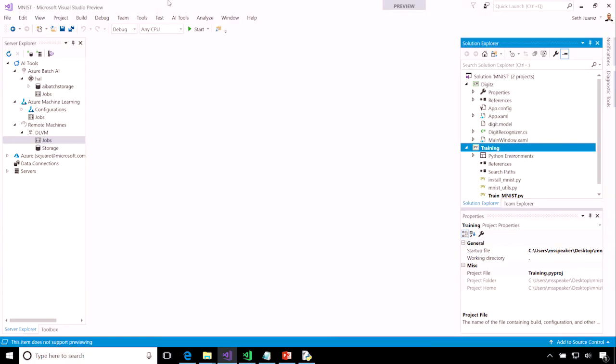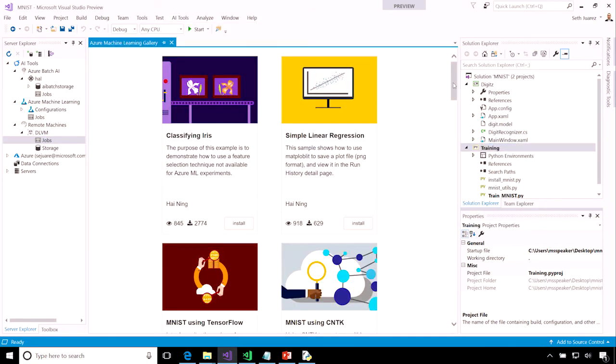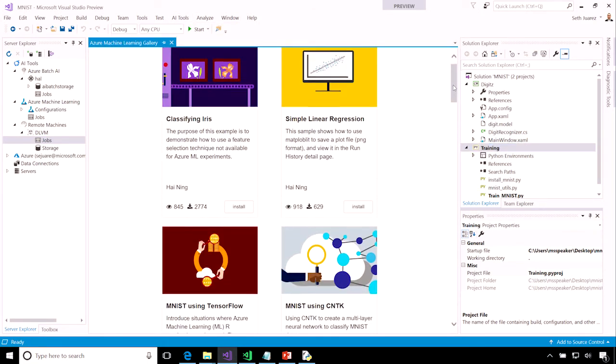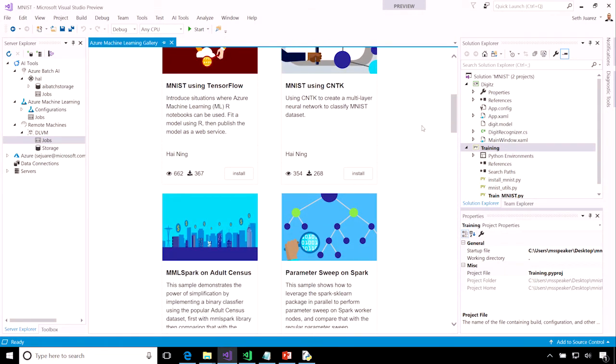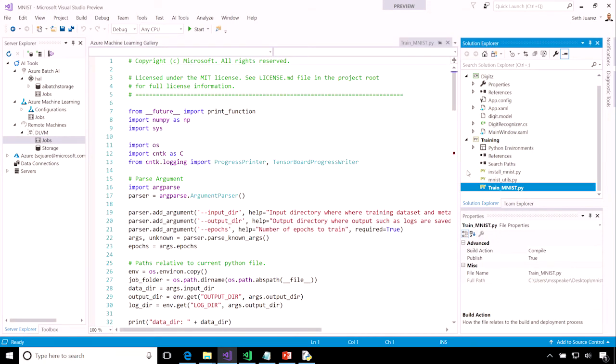In Visual Studio Tools for AI, we've made it super easy to get started by integrating with Azure Machine Learning. Find a wide variety of project templates using CNTK, TensorFlow, Spark, and more that you can simply click Install and get going today. However, I already have my own code, so I'm going to open that up,